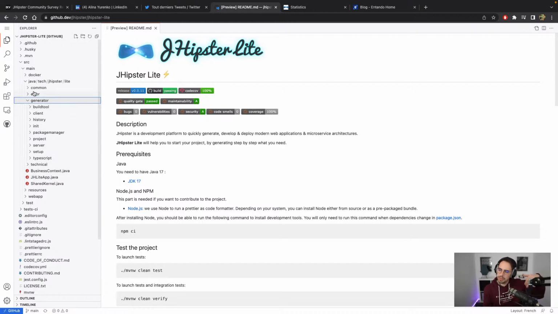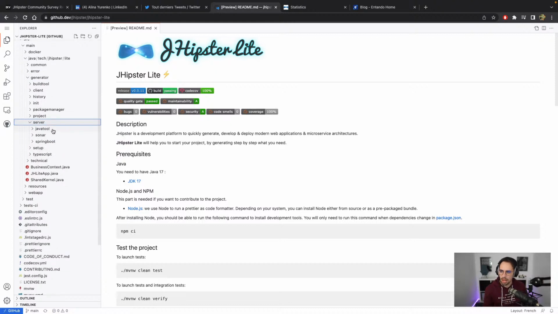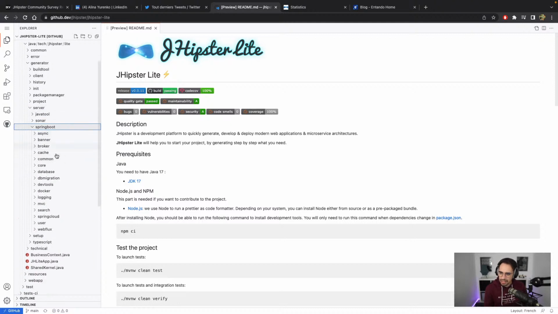So the architecture is a bit different. We have the generator here. We have the client, for example, for everything related to the client part. We also have the server for the backend part. So it's quite close to what we have in Gypsum, by the way. But if you check, you can see that you have Java tools, now Spring Boot, and even in Spring Boot,